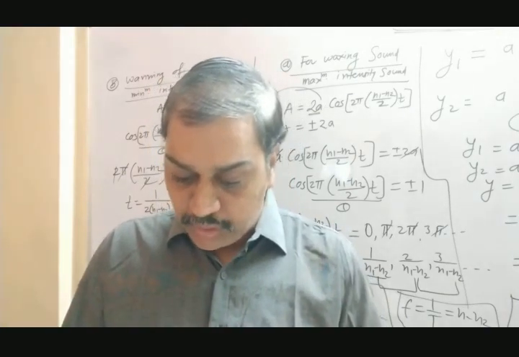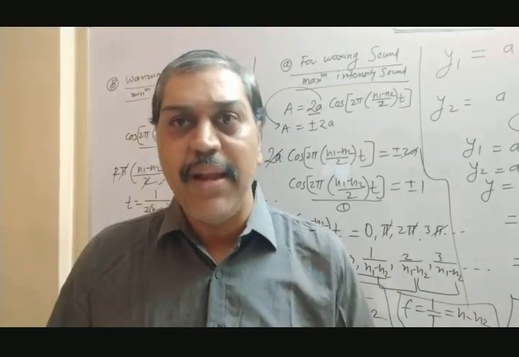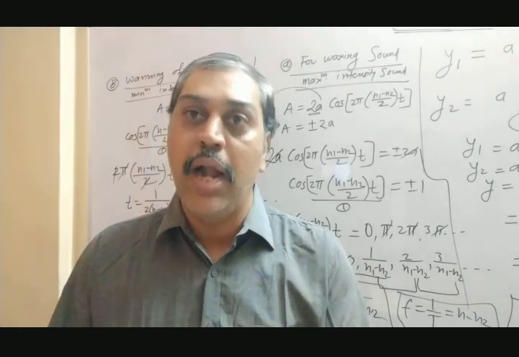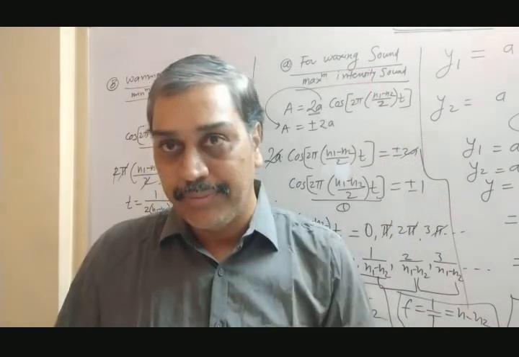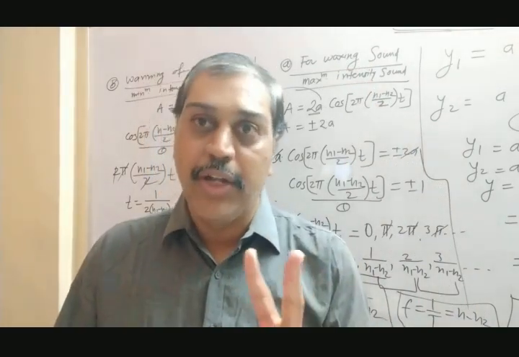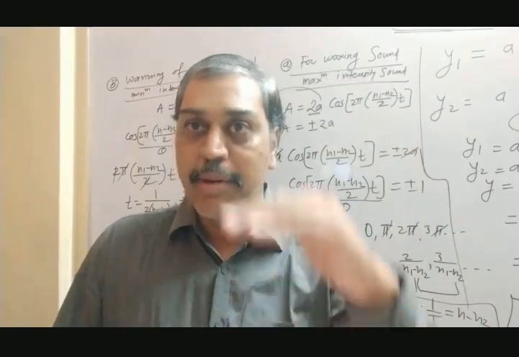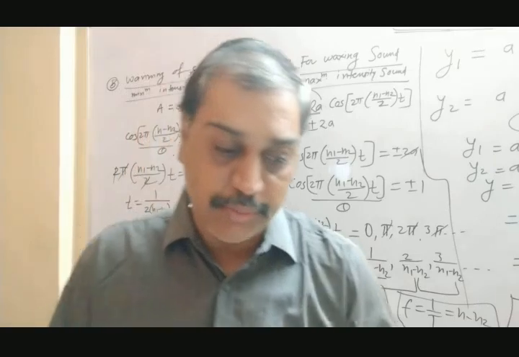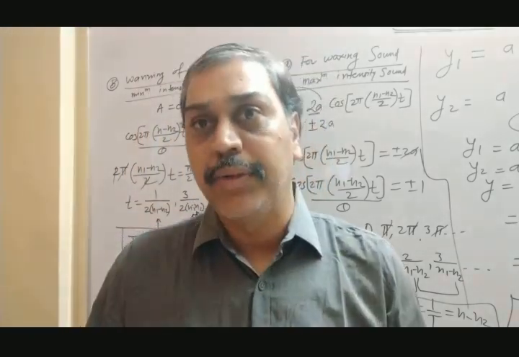Now remember, if we consider two tuning forks of the same frequency, can we produce a beat? No, you can't, because they have the same frequency, they will give only maximum amplitude. But when the two tuning forks are tuned with slightly different frequencies, then and only then do maximum and minimum intensity sound get formed. That is said to be formation of the beat. Now we'll stop here. Next period we'll start with application of beat.